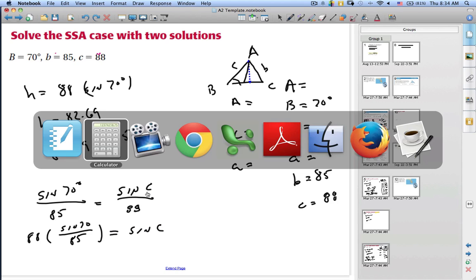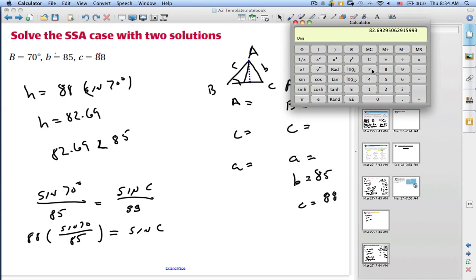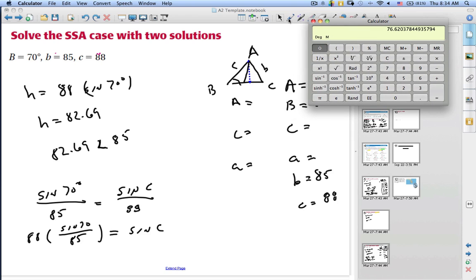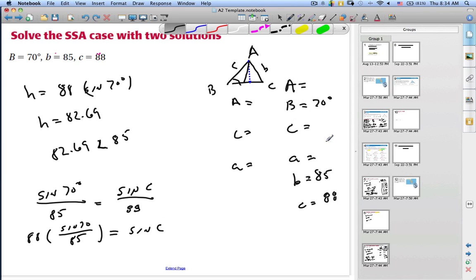So let's get out the calculator and figure this out. So I have 70 sine divided by 85 equals times 88 equals, and I get 0.97285. So let's say that's 0.973. And we actually probably want to hang on to this number. If we go ahead and do the inverse sine of this, we'll get an angle, 76.62. Okay, so I know that C is